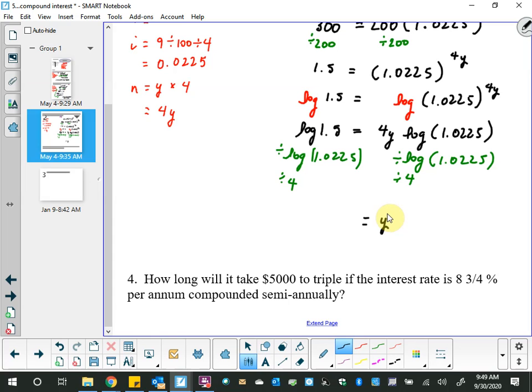So I've got a display model calculator on my desk as opposed to the non-display model calculator that is part of the computer. So I'm hitting log 1.5. It doesn't open any brackets, so I don't need to close any brackets. Divided by log 1.0225. Divided by the 4 gives me an answer of